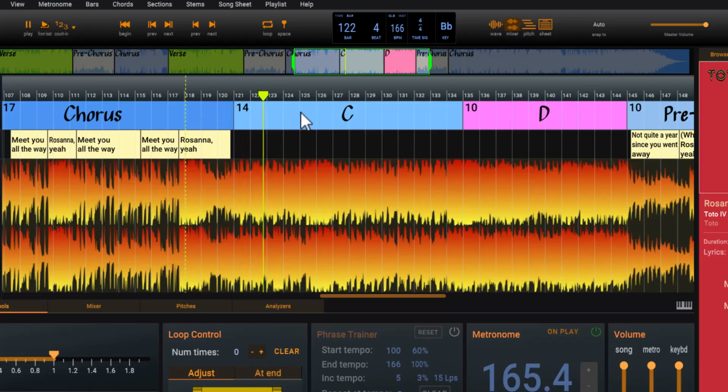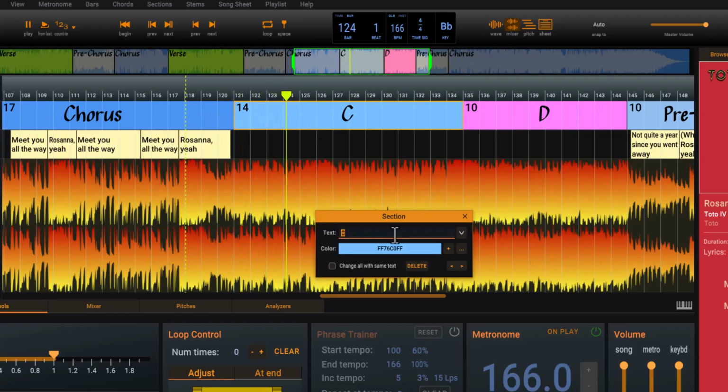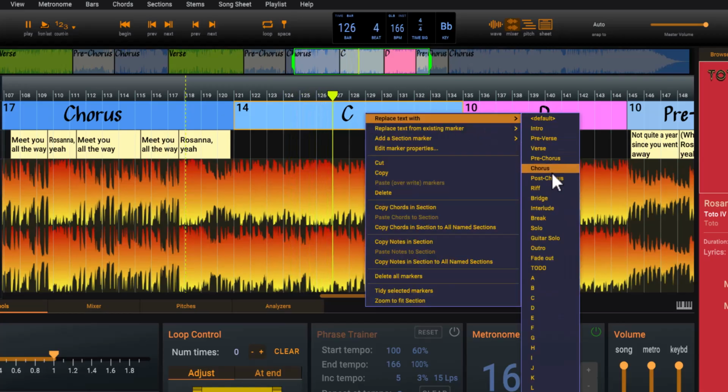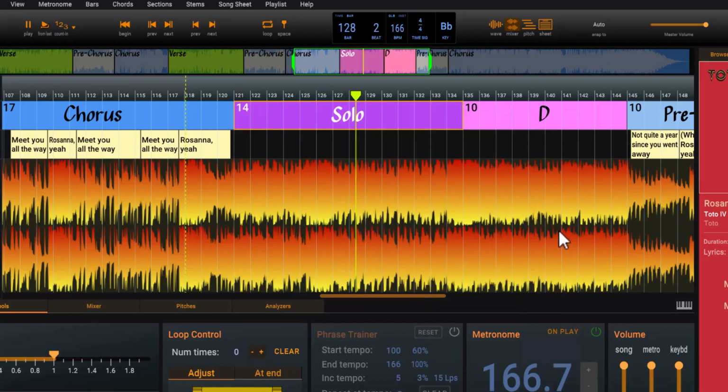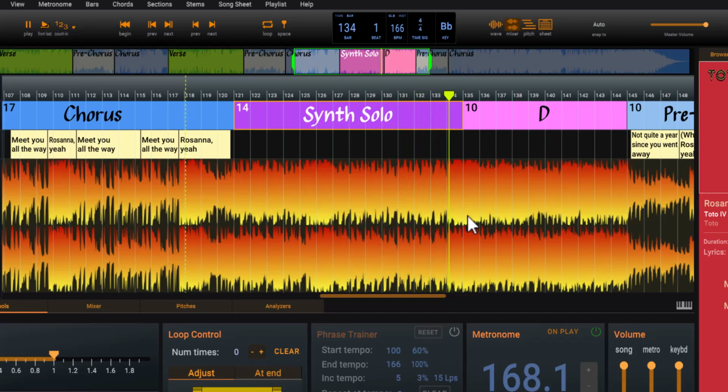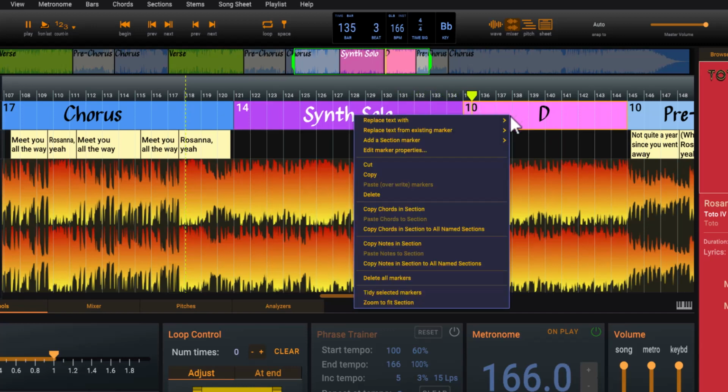Then we start a synth solo. And guitar solo.